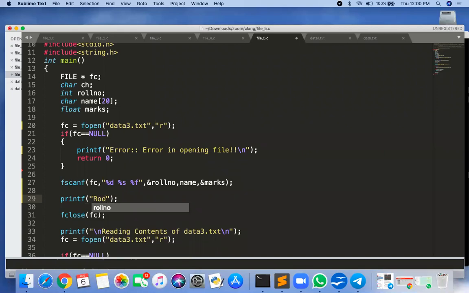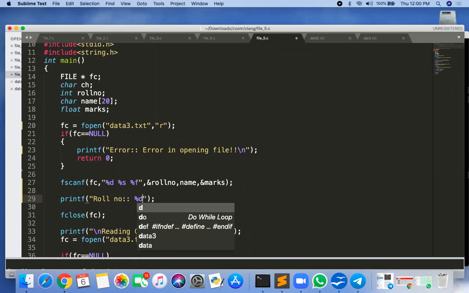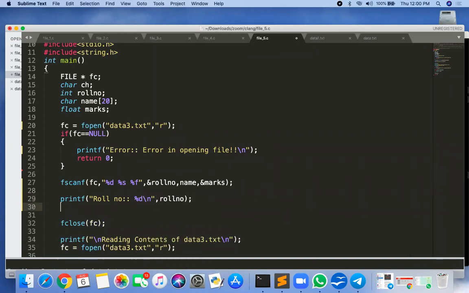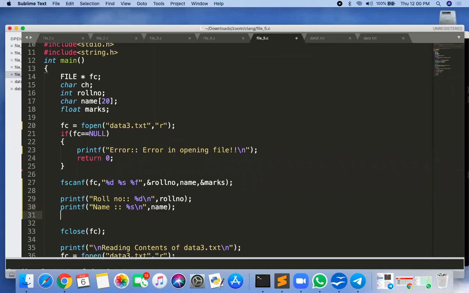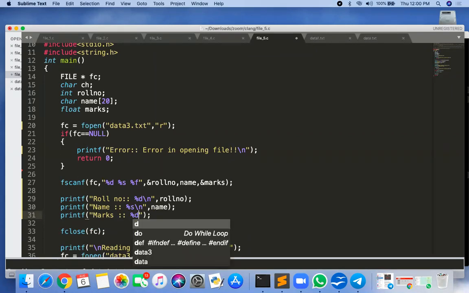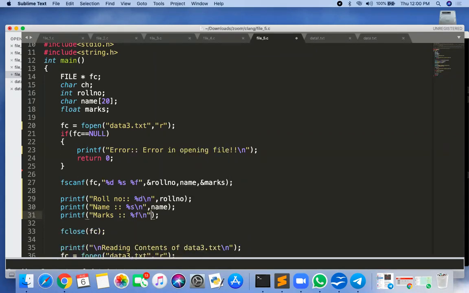Okay, so printf roll number is equal to %d backslash n comma roll number, then printf name %s backslash n comma name, and then printf marks %f backslash n comma marks.